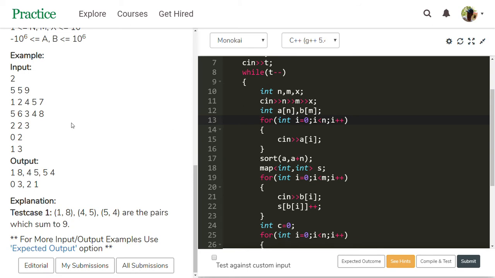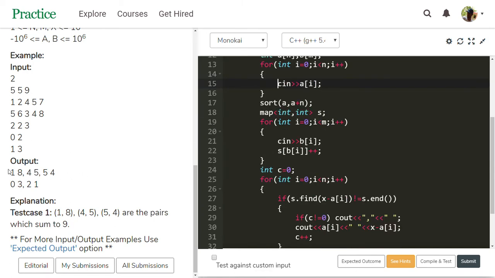Initially, I take the array A elements by using this for loop. Then, the output is in sorted manner, 1, 4, 5. To make that, I am using the sort function, passing two parameters, a comma a plus n. Array A will be sorted after this sort function. Then I use a map, variable s, to access the elements easily.